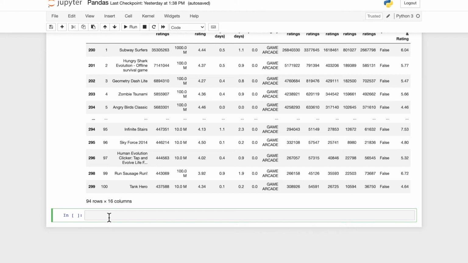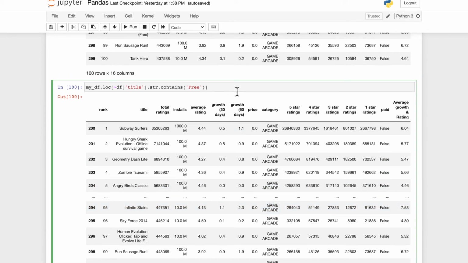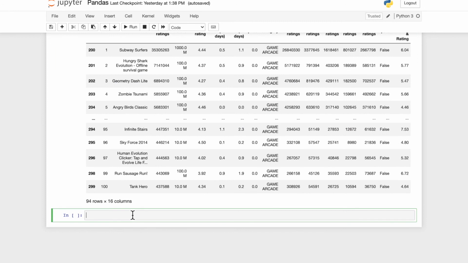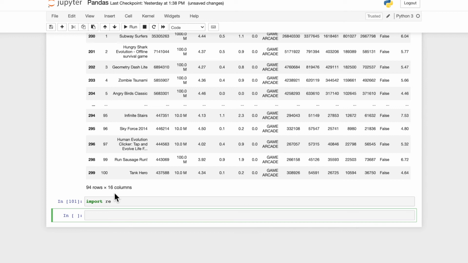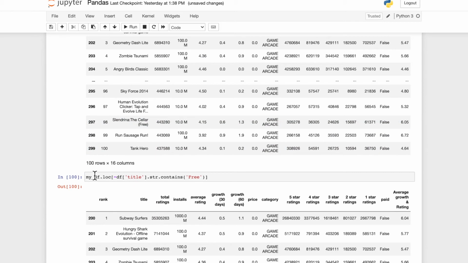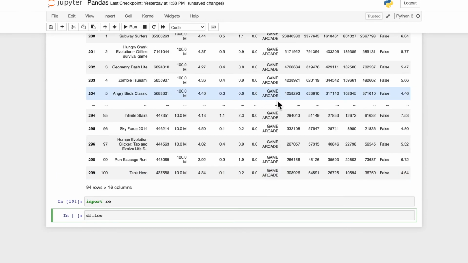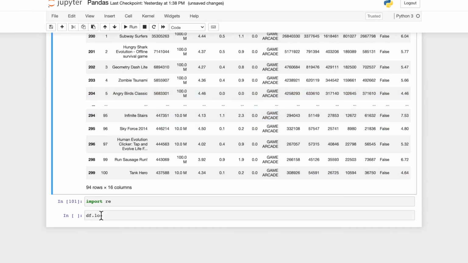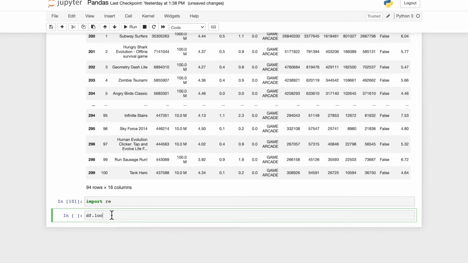So the next thing is, in this case you can even use or. In order to do that you can use even or. For that, just import re. This will come inbuilt, it will come automatically with your Anaconda and pip as well. So import re, and here write df dot loc. Okay, df dot loc. Now I'm not taking my underscore df because my underscore df is specific to the game and arcade category. Let's take the whole data set, which is df dot loc, and here let's loc the df